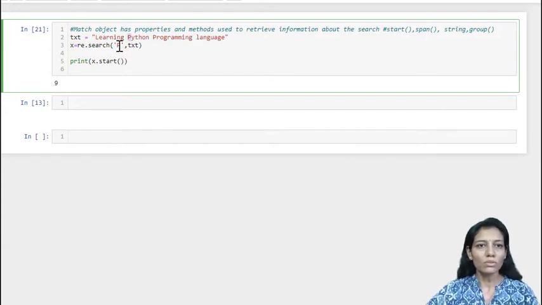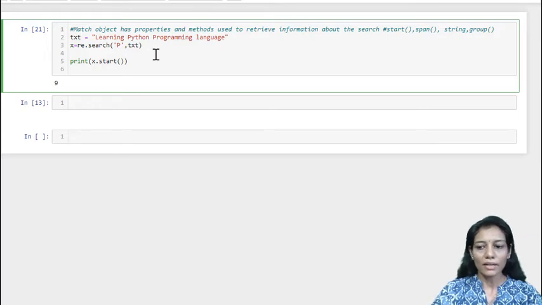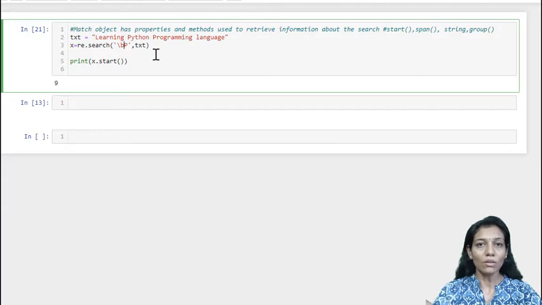Now I want to enhance my pattern: I want to find a word whose starting letter is capital B and which is followed by word characters. All non-white-space characters will be considered as the word, and this is our pattern. That's why we include a raw string.